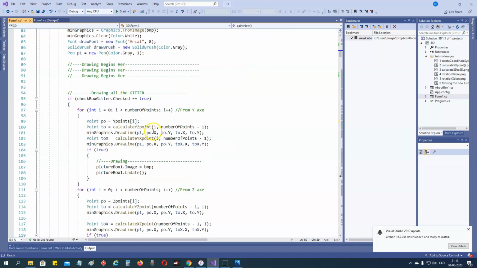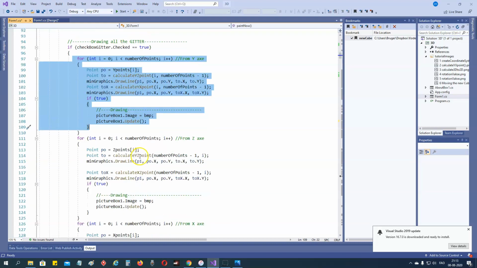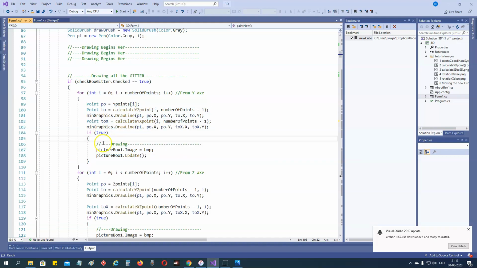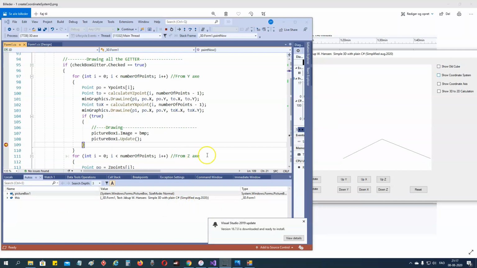So you can see we draw the grid here. I have inserted this code so we can see what is drawn here if we debug through it. Okay, let's try that. We are going to draw the coordinate system. So what's happening here? Well,